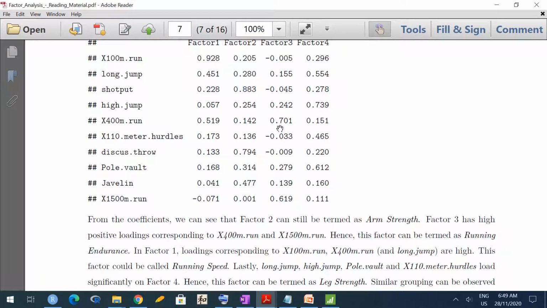In factor 3, 400-meter run has high coefficient, and 1500-meter run. So for 400 and 1500-meter run, if you compare 100-meter run with 1500-meter run, what is the difference? In 1500 meters also speed is important, but more importantly, you need to retain your strength till the end.